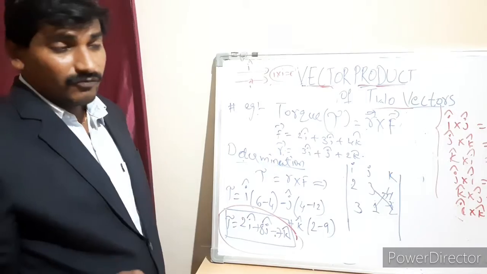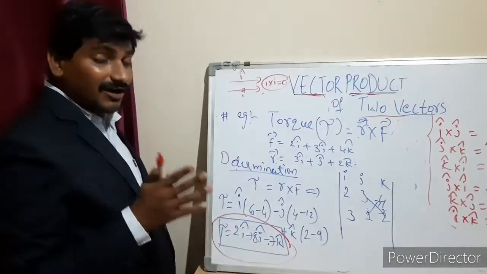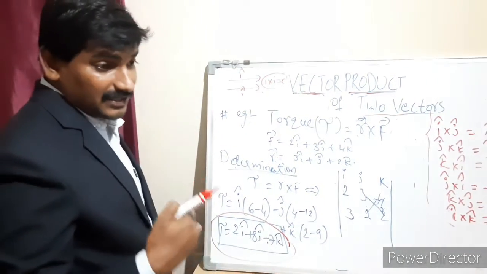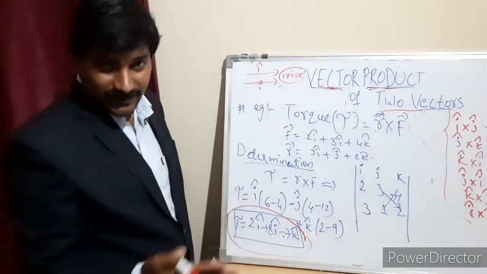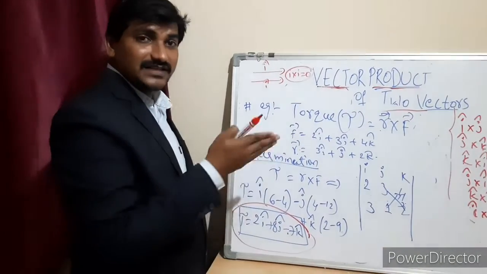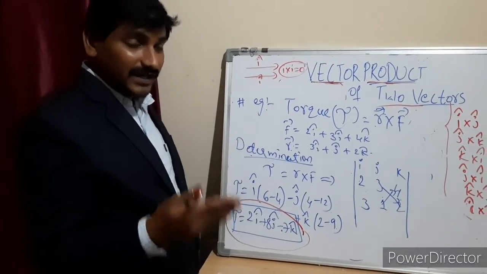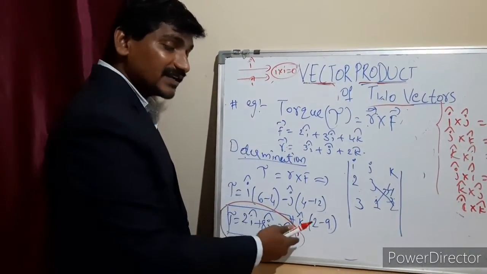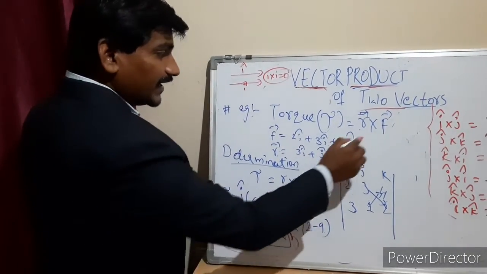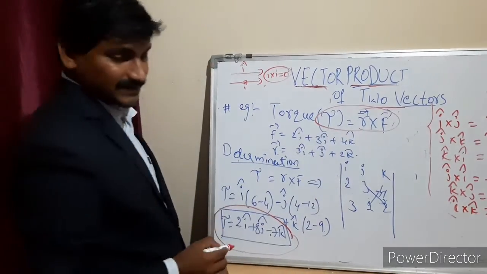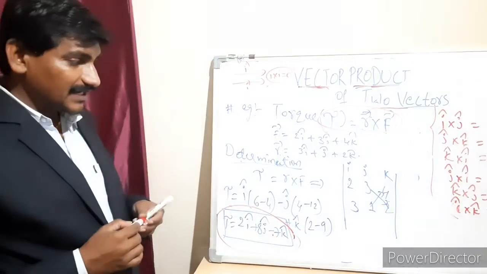Actually people think that both are just multiplication, but no. There are some physical quantities which give a product in a different manner. The product of two vectors gives a scalar, the dot product, and the vector product of two vectors gives a vector quantity only, which we call the cross product. Simply, we write cross like this. This is the best example to understand the vector product.